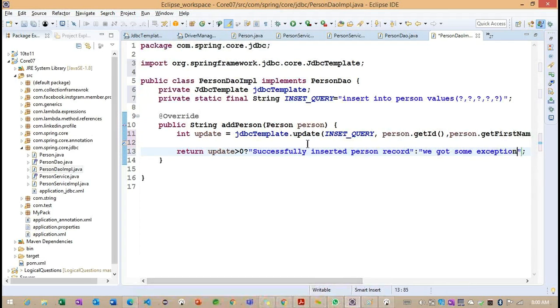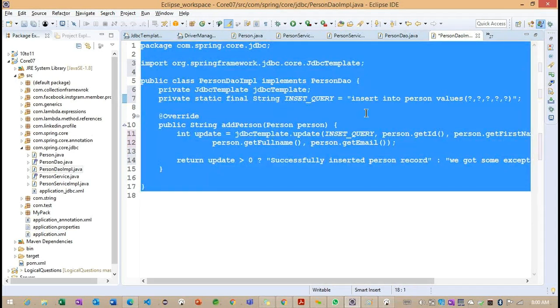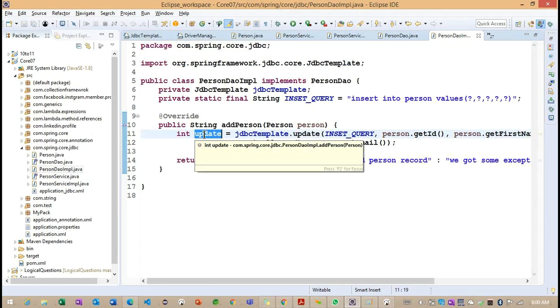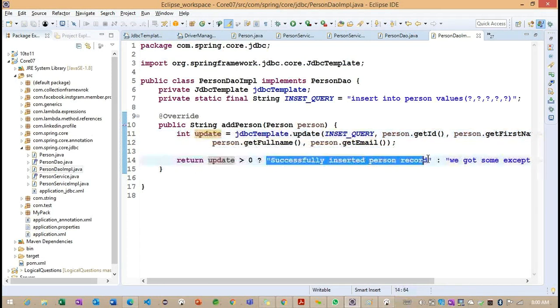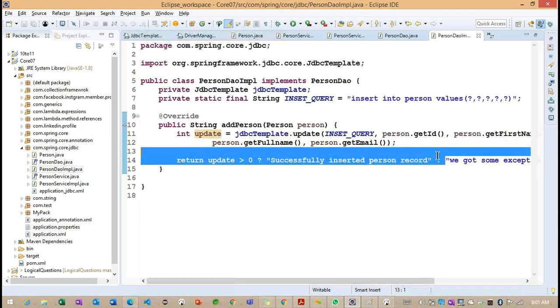This is the message I am trying to return here. If you observe carefully, if the update count is greater than 0, this message will be returned, and otherwise, the other message will be returned.